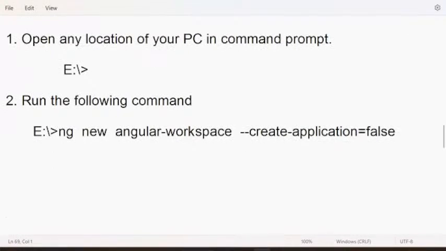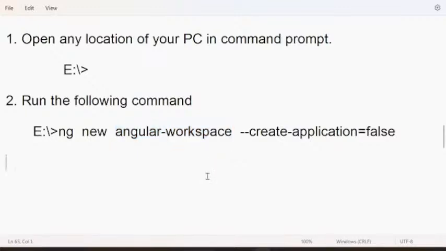This is the command you have to run. So you have to create a new Angular workspace. That name you can give anything. You can say my projects, you can say Angular projects, any workspace name you can give.